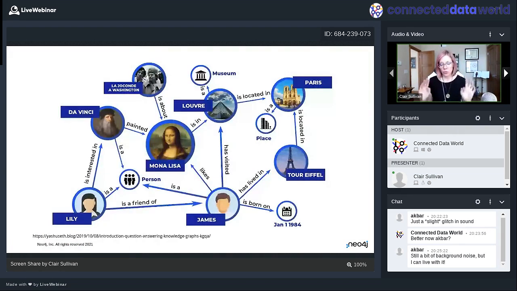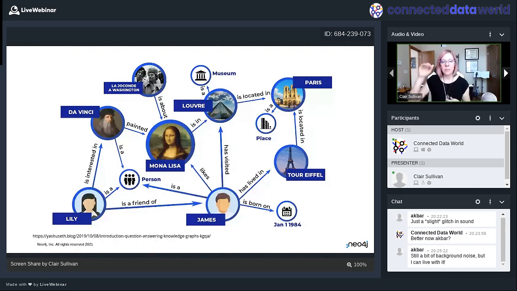Okay, just really quick, what is a knowledge graph? A graph is all about just connecting things. So I've got nodes as circles. They're connected via edges or relationships, such as Leonardo da Vinci painted the Mona Lisa. And that's all well and good. I could use that for a question answering system. But I could use this knowledge graph for many other things.